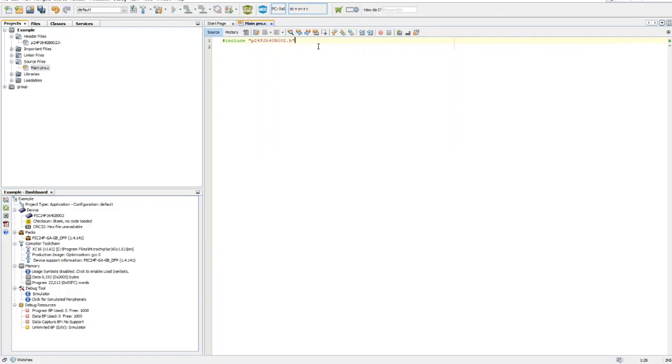On that, press enter. We've got to make our main subroutine: int main void, put up our brackets,